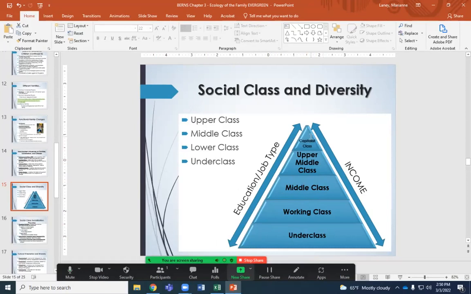But again, we're not talking about politics right now. We're talking about how this affects the raising of a child. Right? So when parents lose their job and they're frustrated, do they take it out on the kid physically sometimes? And we'll talk about parenting styles in the next chapter, about how working class parents have different ways of raising children, right? More physical, more do as I say, not as I do. And so that has a lot to do with money and education.